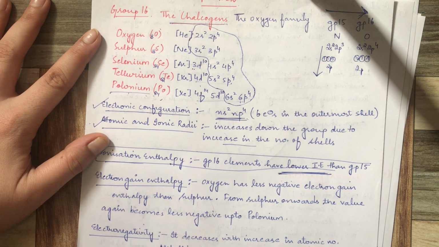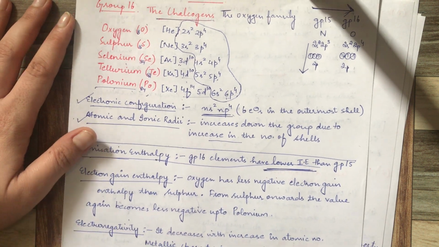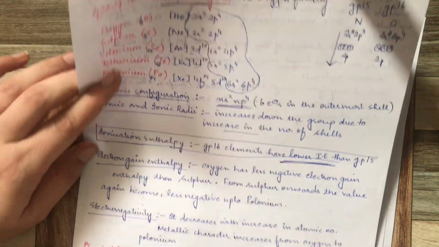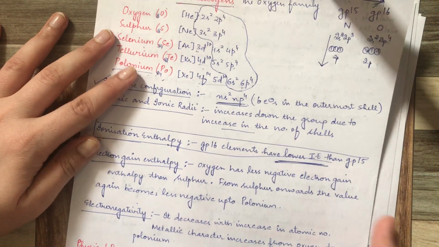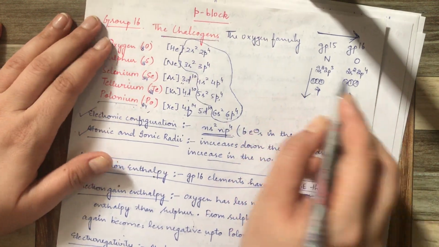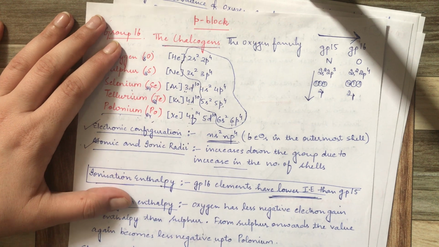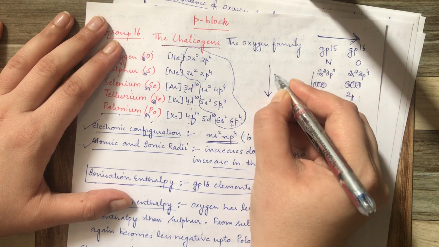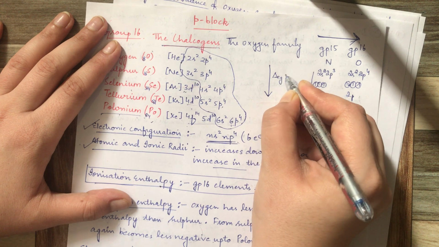Right? So if we talk about this, that's also an exception that requires previous knowledge. So let's revise first of all. As we move down the group, what is the general trend? As we move down the group, electron gain enthalpy